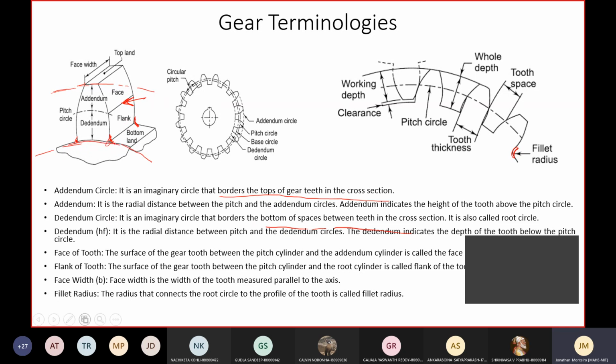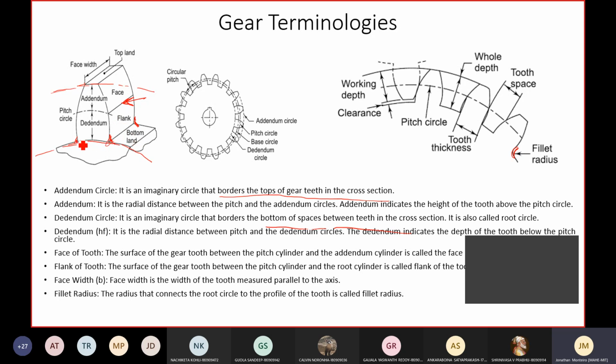Fine. And we understood the importance of the pitch circle. The pitch circle is the one where the involute is defined, or we also call it the pitch point, where two cylinders roll over each other. It can be imagined as two cylinders with that particular diameter rolling over each other. In effect, the tooth surfaces are rolling over each other and it is always a line contact.